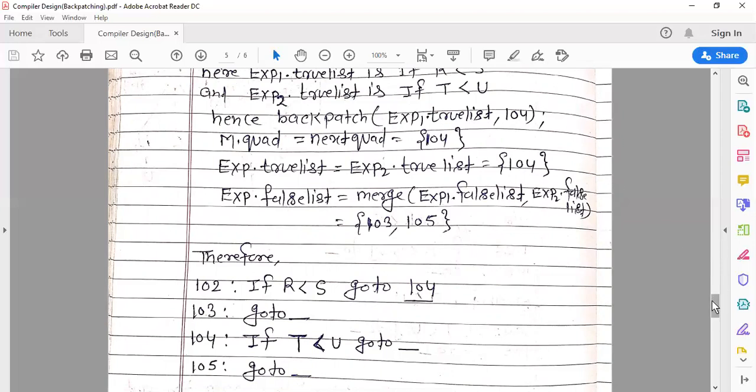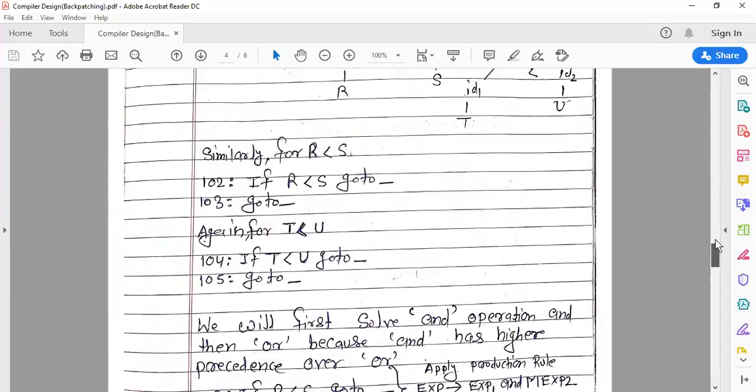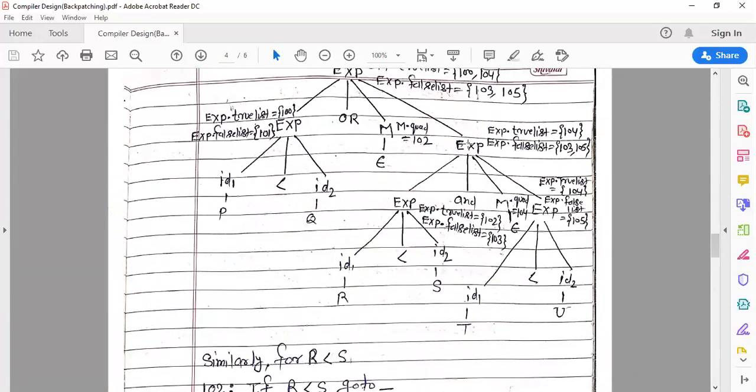So here there are three components, three nodes, or you can suppose non-terminals. One is exp, and the others are exp1 and exp2. You can see in the tree, this is exp, this is exp1, and this is exp2. So we have to fill the true list and false list.